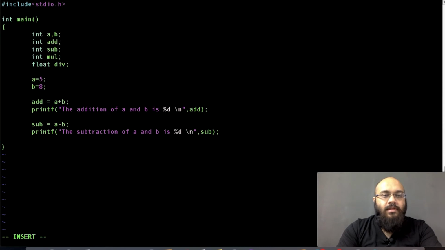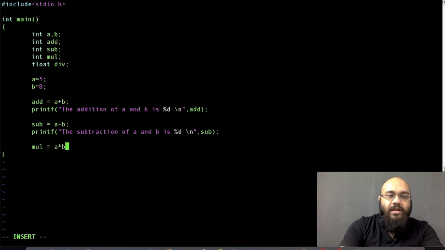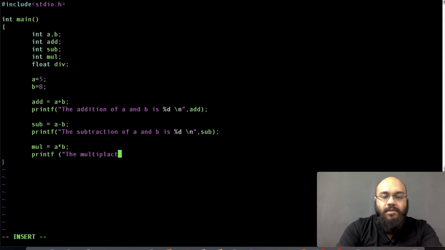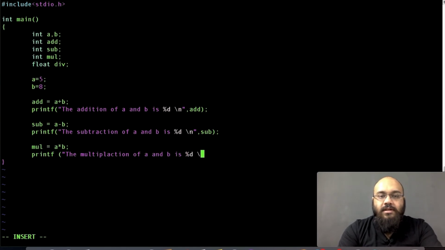Again same way for multiplication, multiplication is equal to a into b. For into we have this star asterisk symbol basically. Okay, a into b. Now again printf, the multiplication of a and b is %d\n.